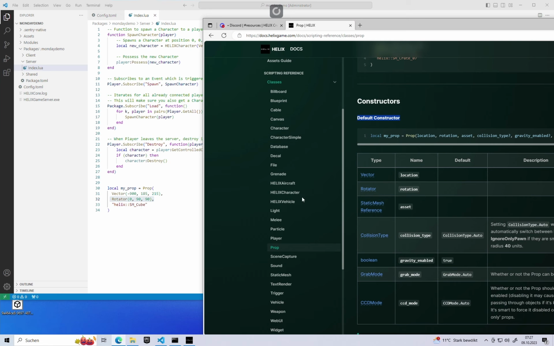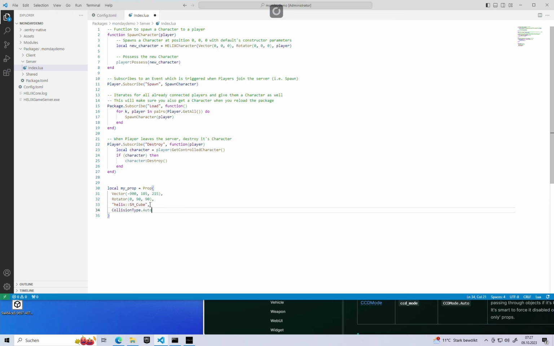So we have the location here, we have the rotation here, and then we have the asset, which is a static mesh reference. But there's more. There's also collision type, gravity enabled, grab mode, and they have default values. So if you're not defining those, then it will use the default. So if I just copy the default value, go here with a comma, add it there,